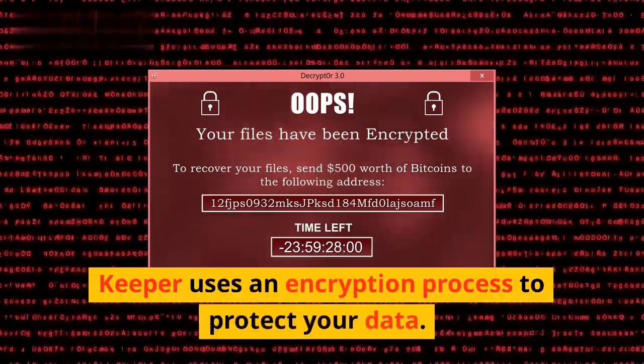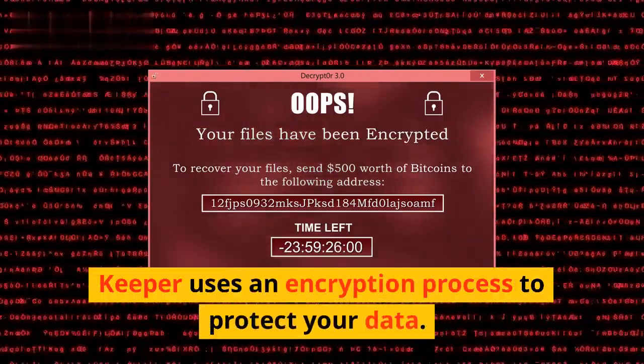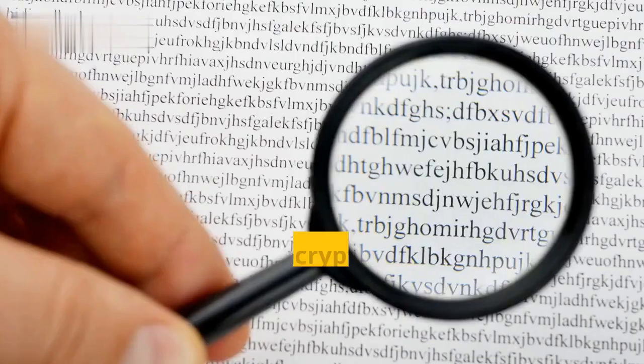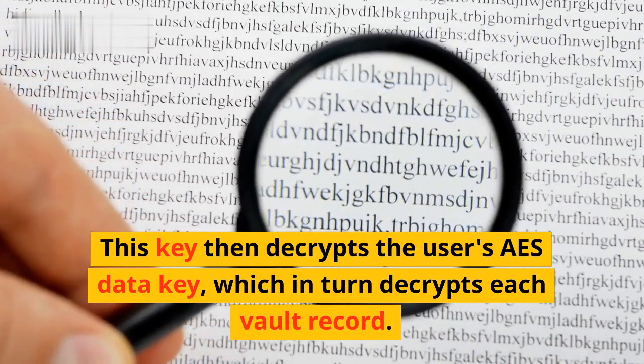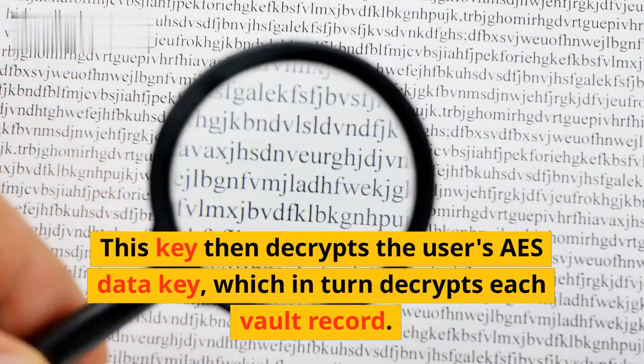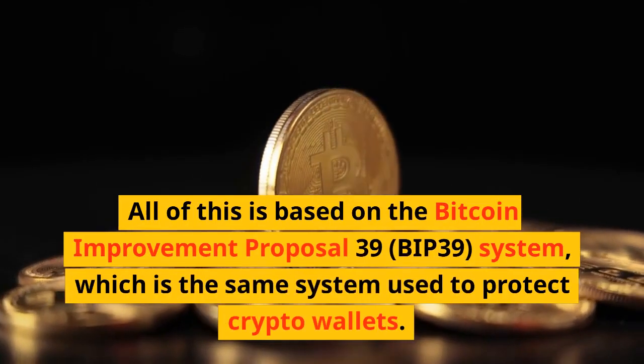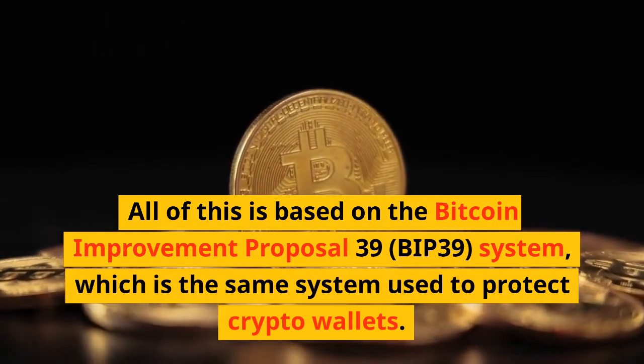Keeper uses an encryption process to protect your data. It all starts with the 24-word recovery phrase, which generates a unique 256-bit ICE key. This key then decrypts the user's ICE data key, which in turn decrypts each vault record. All of this is based on the Bitcoin Improvement Proposal 39, BIP 39, system, which is the same system used